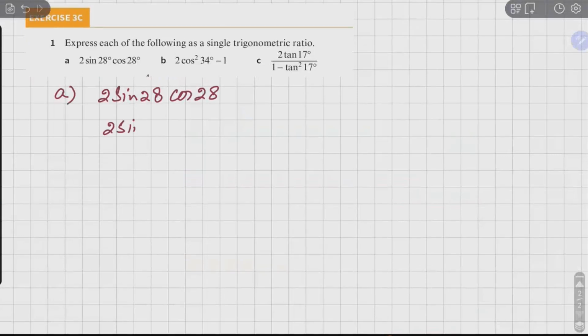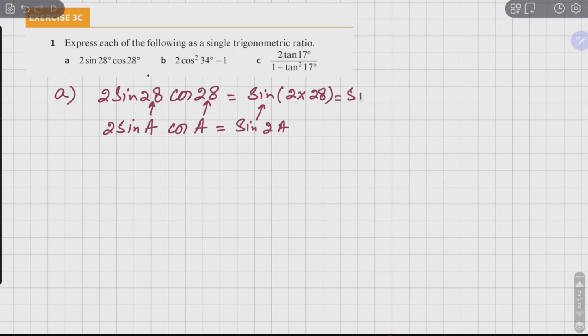If I take the identity from the formula sheet, I'll get one of the identities of this type, that would be 2 sin a cos a. So its right hand side would be sin of 2a। इसका मतलब है कि जब मैं इस कॉन्सेप्ट को लेके जाऊंगा तो ये बन जाएगा साइन ऑफ 2 टाइम ऑफ एन एंगल। इसका मतलब ये हुआ कि ये बन जाएगा साइन ऑफ 56।